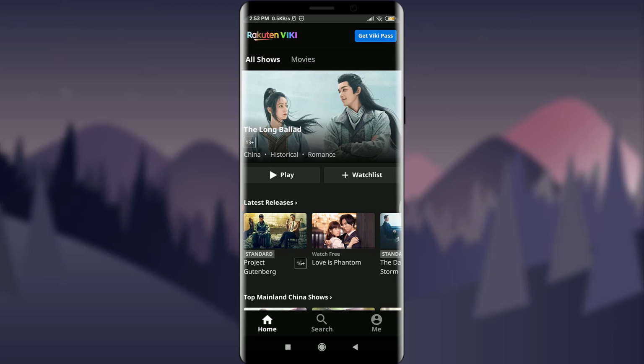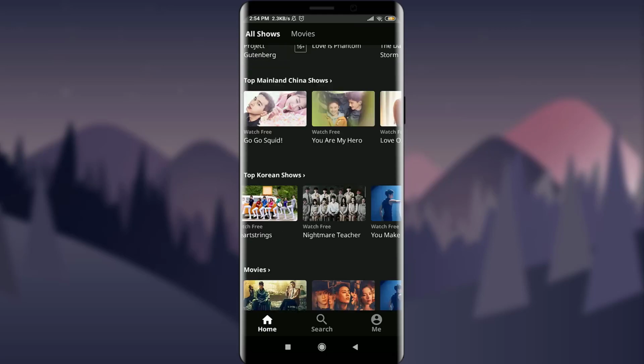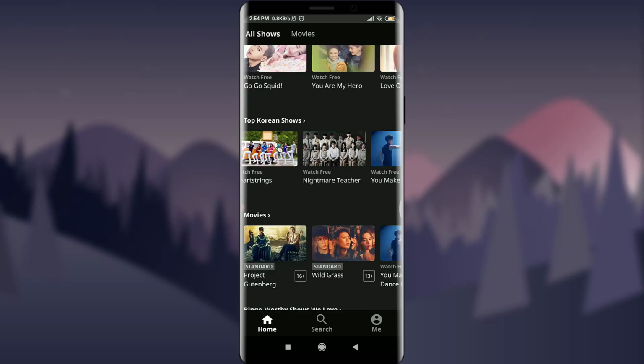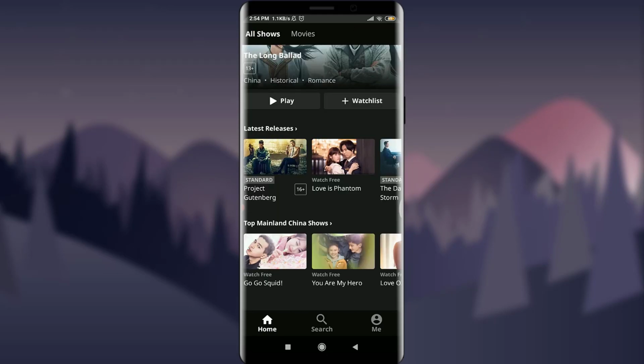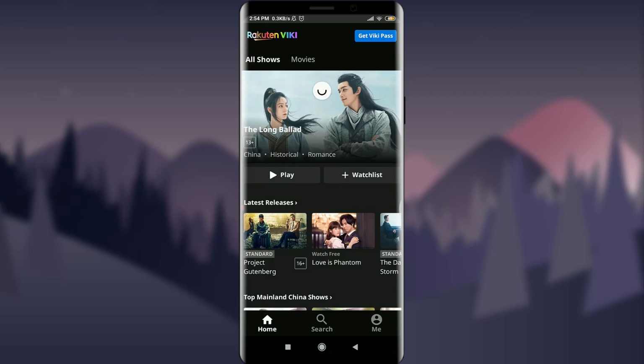So let's get started. As you can see on my screen, I'm already logged in and this is the homepage over here. Simply get a Viki Pass so that you can watch the latest releases, standard shows, series and movies, or simply watch all of the shows without any ads. All you have to do is tap on this Get Viki Pass option in the top right corner of the